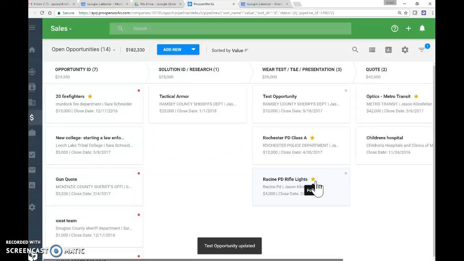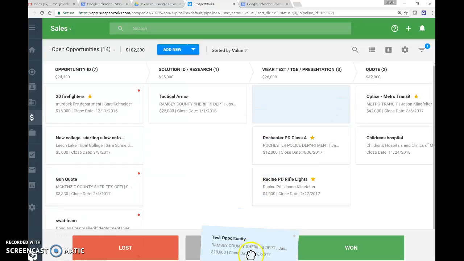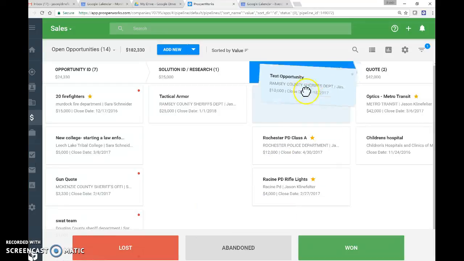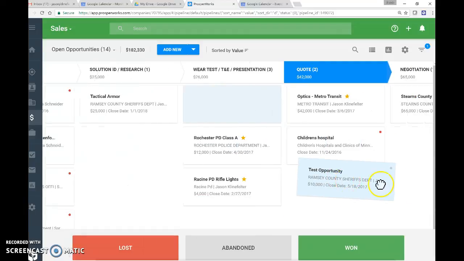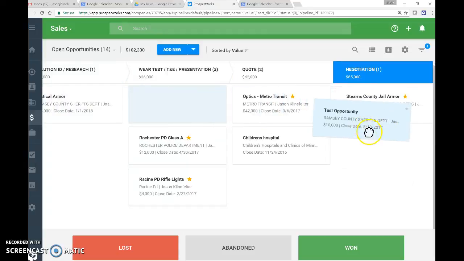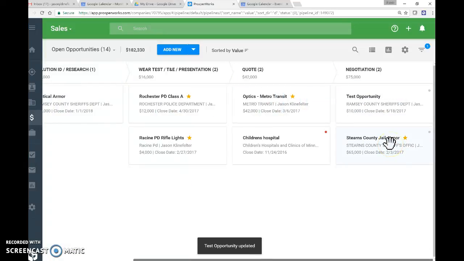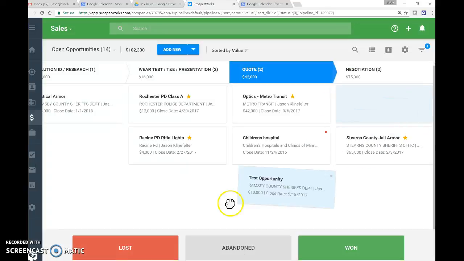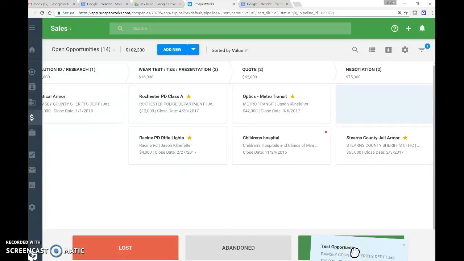I move it to wear test, and let's say from wear test, we get into that, and he says, you know what, we lost funding for it. I can actually take that and put it in abandon, in which case I can do a report later on and look up abandoned things to put it back in here. Or let's say it goes to quote, negotiation, and you don't have to do this in order. These can skip steps. Goes to a negotiation, we get everything sorted out, and then ultimately goes to won or